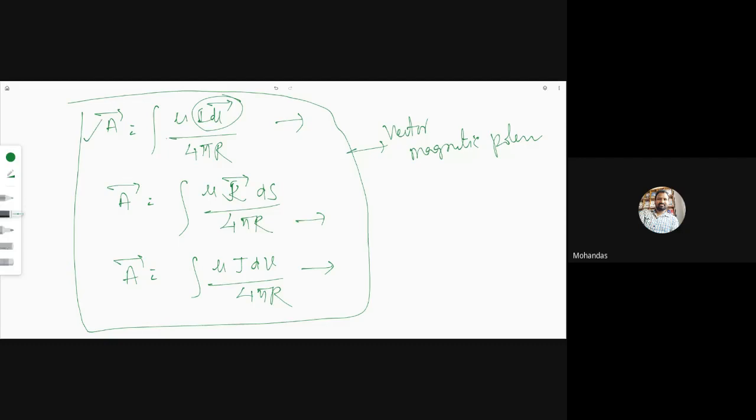And if you know the vector magnetic potential, if you take the curl of A, then I will get B. Once we get B, I can calculate H by dividing by mu. That is the idea behind this. It is a somewhat easier way to calculate. To simplify the calculation, they introduced the vector magnetic potential. It is introduced because of the limitation of J equal to 0 for the scalar magnetic potential. So this is all about vector magnetic potential and scalar